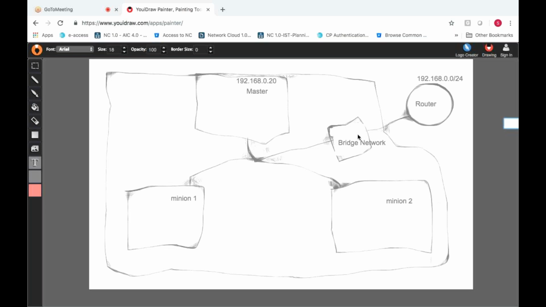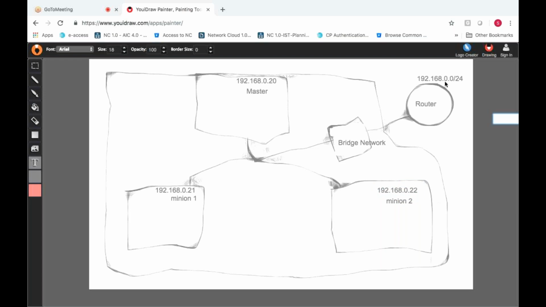The second IP which I use here is 192.168.0.21, and here 192.168.0.20. This is the IP address which I will allocate to my systems from this router. This is the router, and the router gateway will be 192.168.0.1.